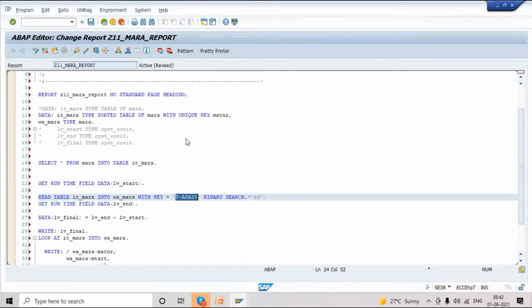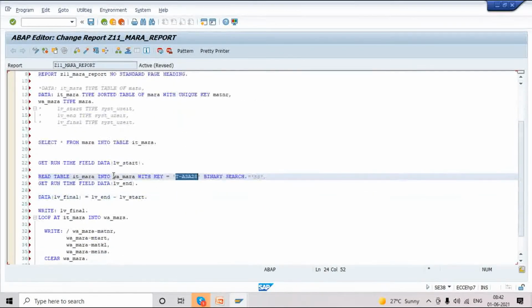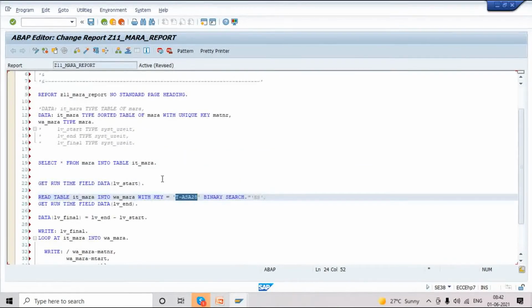If it is a standard table, it will check line by line. Okay, linear search we call that. So in this case, a standard table will support both linear search and binary search, but a sorted table will support only binary search, because linear search means line by line. Sorted tables are already sorted, so we don't need to check line by line; we need to use binary search in that case. When it comes to a standard table, we can use both linear search and binary search, because data will not be there in the sorted format, right?